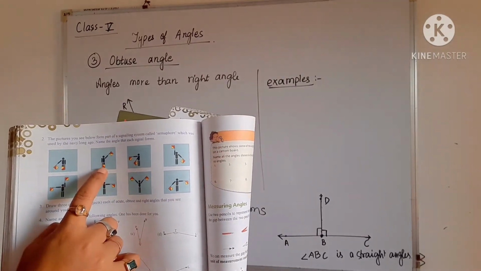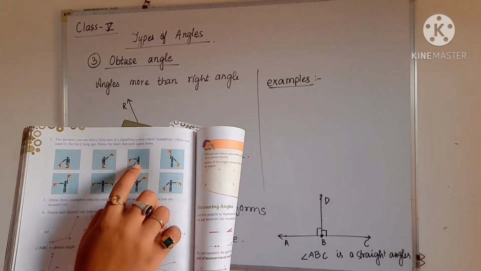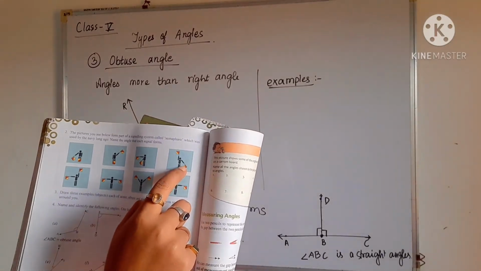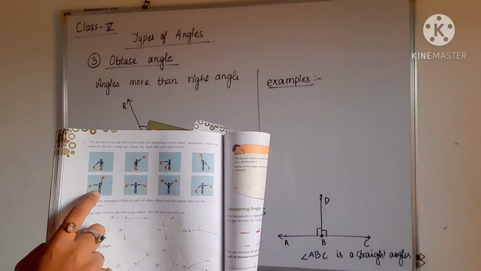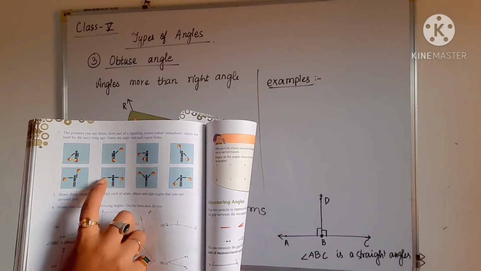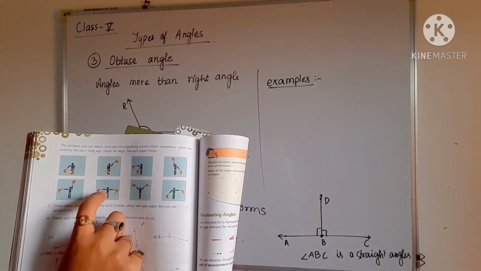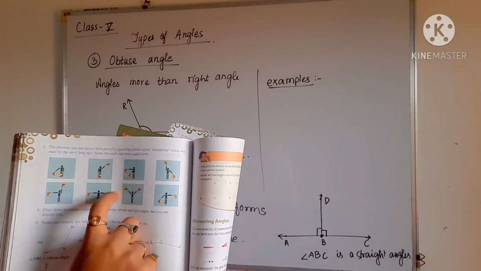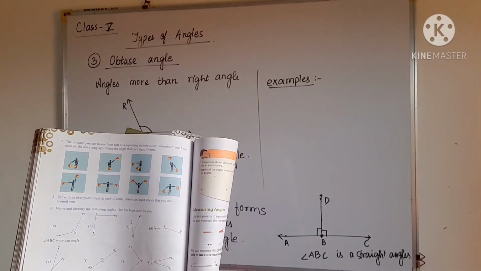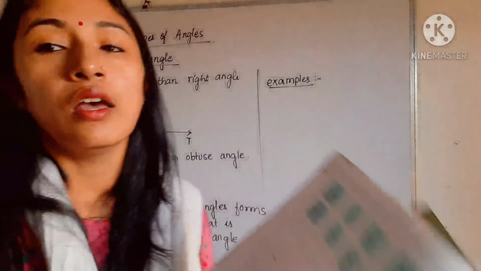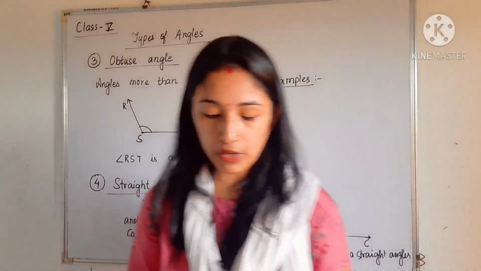Similarly, you can see this is obtuse angle. Okay, this is again acute angle. This is obtuse angle. This is what? Right angle. And this is what? This is a straight angle. As you can see, this one is using 2 right angles, we are forming the straight line. So this is what? This is a straight angle. So similarly, students, do the rest of the questions. They are very simple. Okay.